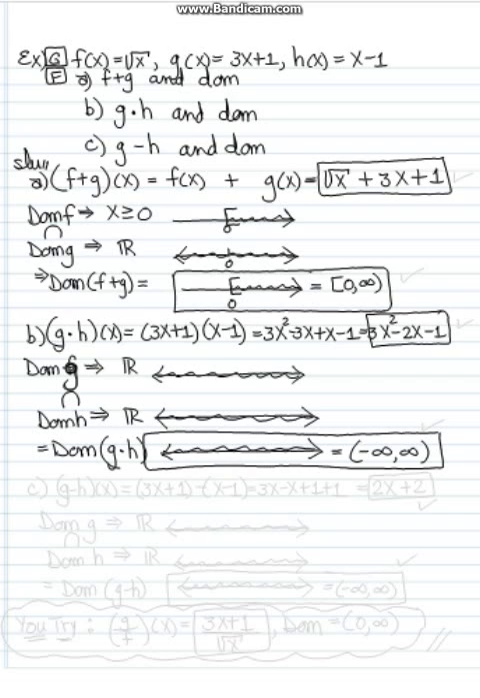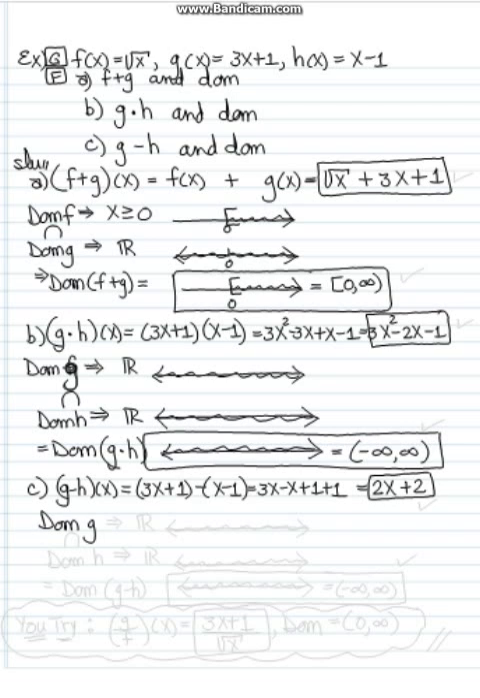And finally, for part C, we're going to find the function g minus h of x, and of course the domain. So g minus h of x is the first function minus the second function. So it's the g function minus the h function. Distribute the negative sign, dropping the parenthesis, combine like terms, and we get 2x plus 2 for the new function